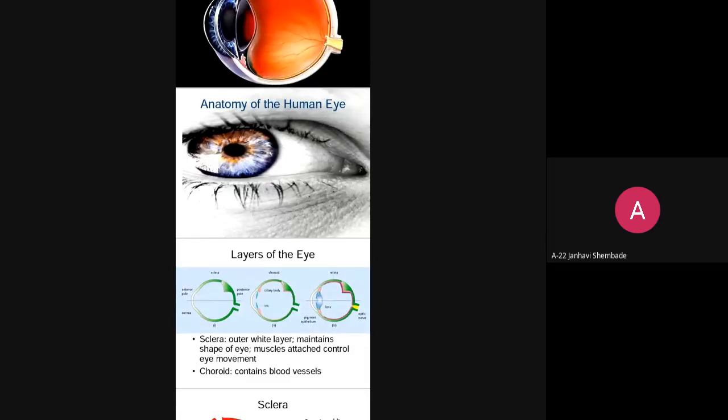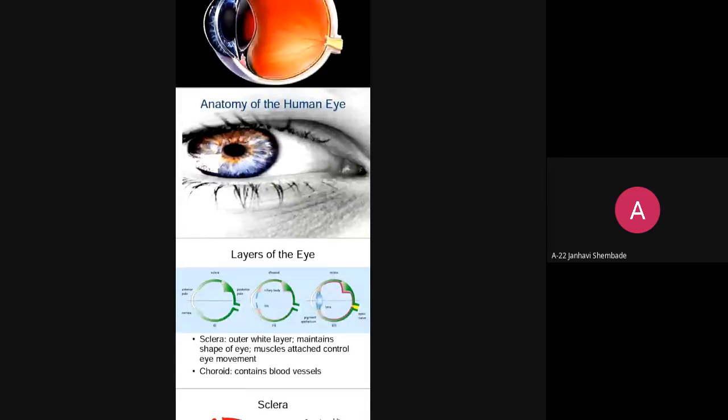Now, the camera that we use in a mobile, depending on the megapixel range, as we compare an 8 megapixel camera and a 16 megapixel camera, obviously the 16 megapixel camera can capture a better image and it looks better as compared to 8 megapixel. Right? But now if we capture the image with the help of the eye, what is the megapixel of the human eye? Do you have any idea?